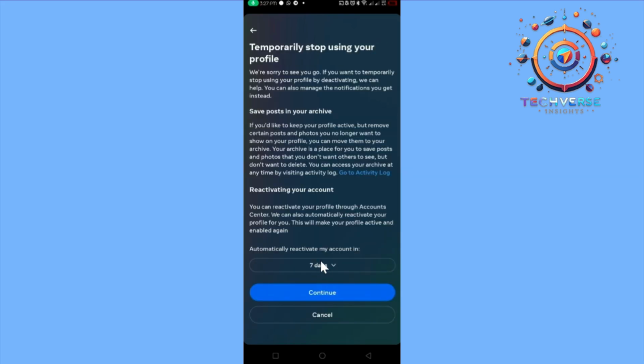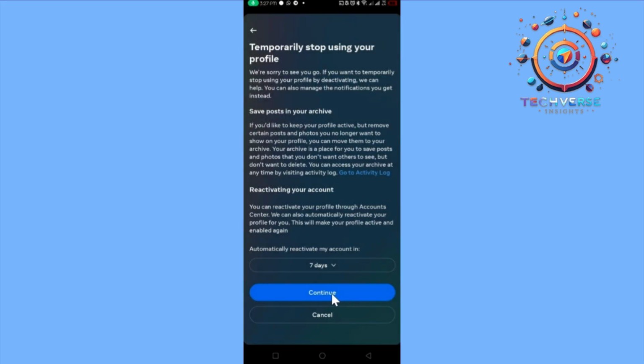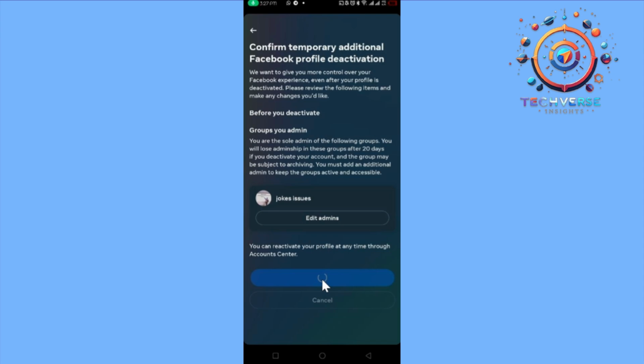Then you're going to choose the amount of days in which your account is going to be deactivated, or they're just going to put it on don't deactivate automatically. So I'm going to tap on done, then I'm going to tap on continue. I'm going to just tap on deactivate my profile. And that's it for this